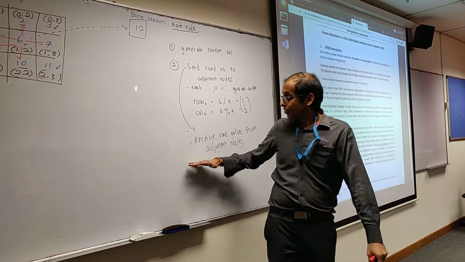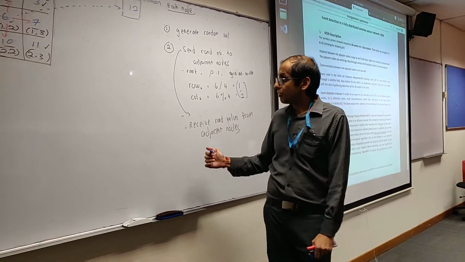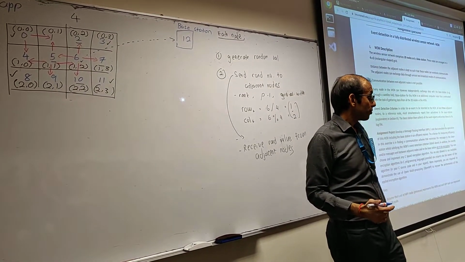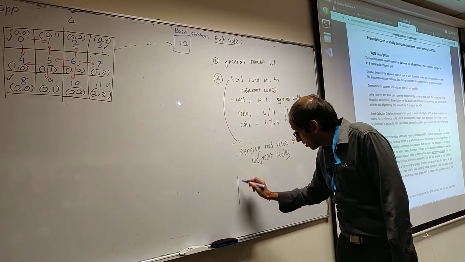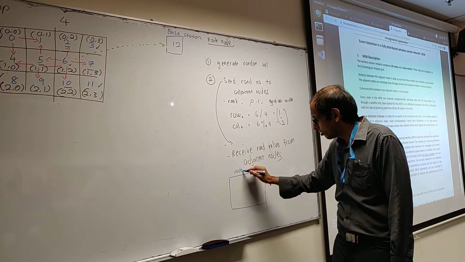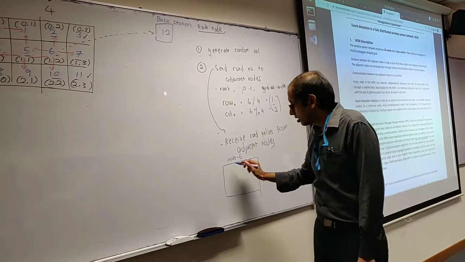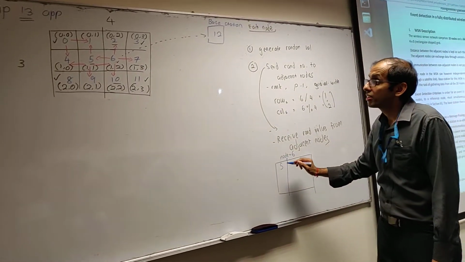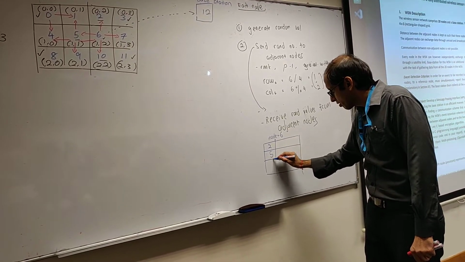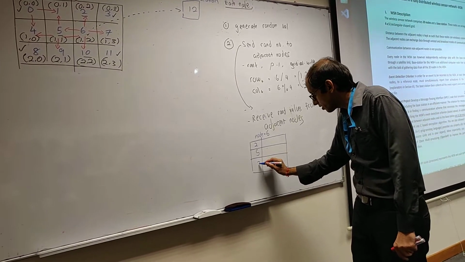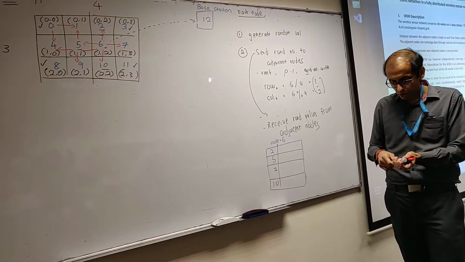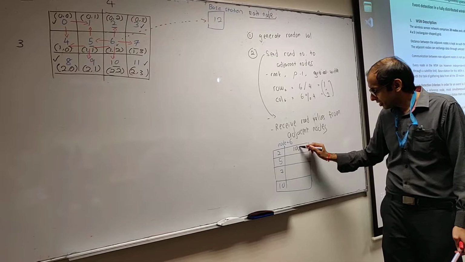Okay. Now once you've gotten the values, each node will have the received random values from the adjacent nodes. So for example, for node 6, who are the adjacent nodes? The adjacent nodes are 2, 5, 7 and 10. So let's say node 6 receives the following values: 100, 100,